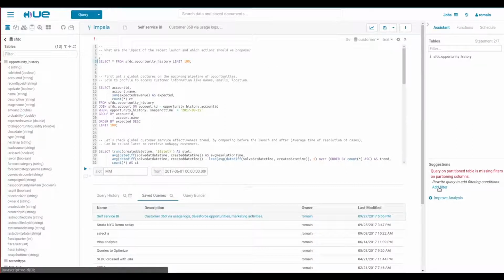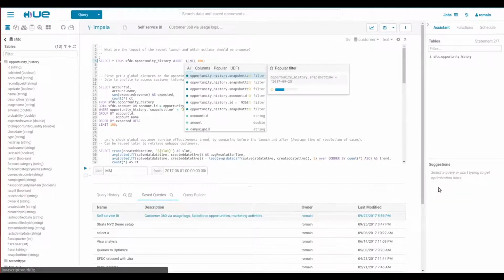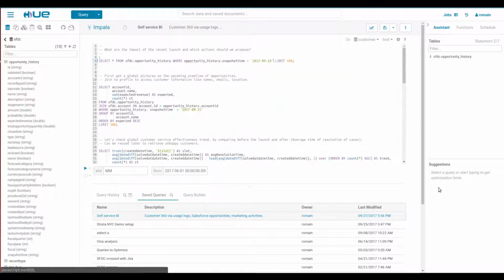What's nice with the assistant is that in one click, it will automatically insert the SQL statements to fix it. So here we need to pick one of the snapshots. We are getting popular snapshots. If there were no popular values available, it will populate the partition columns or even the most popular columns to filter on. So here I'm just picking up the first one.